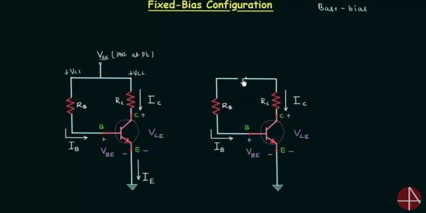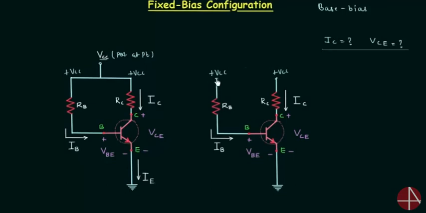So I will remove this portion of the circuit, and we have plus VCC as the potential here and plus VCC as the potential at this point. Now we can easily analyze this circuit, and we will try to obtain the output current IC and the output voltage VCE. Before starting the calculation, I will represent the biasing potential VCC as a potential difference.